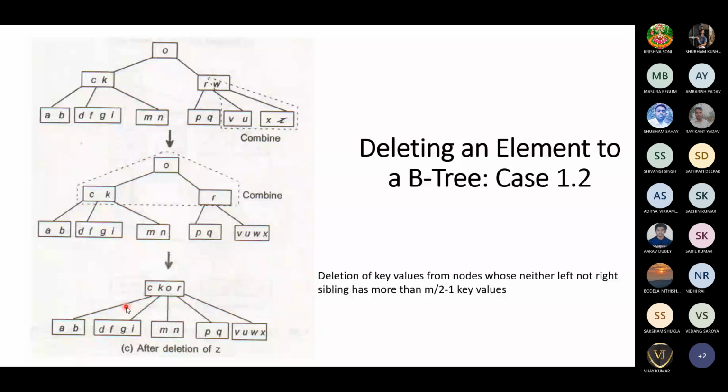Like insertion of Z. Originally the tree is like this. When you are inserting Z, this tree got split into two parts. Then the root node came here, and then this root node again split into two parts. That's how the B tree is constructed. We are trying to do it in a reverse way.